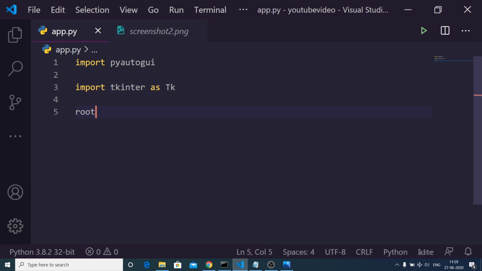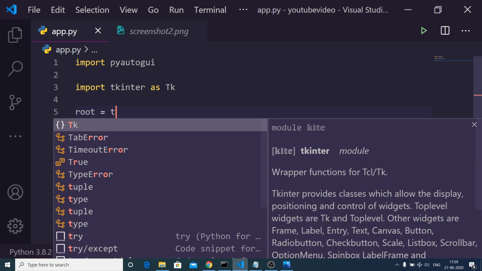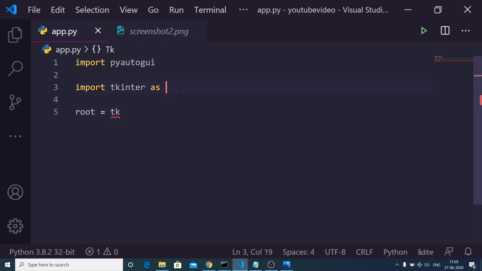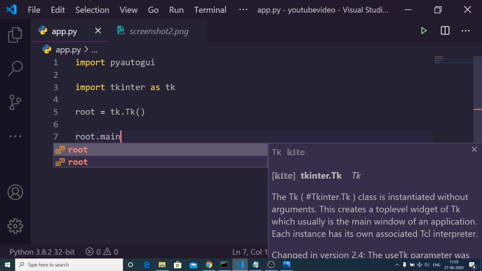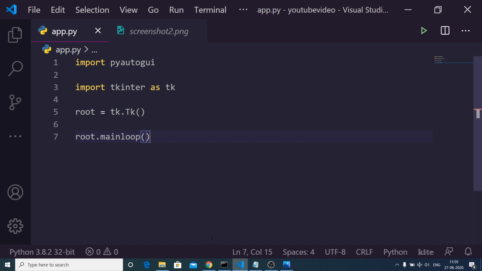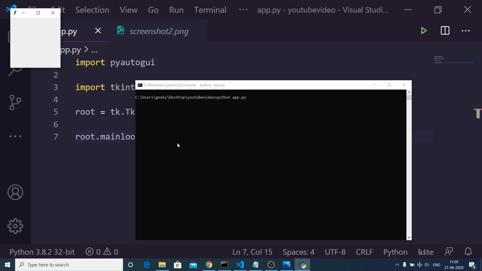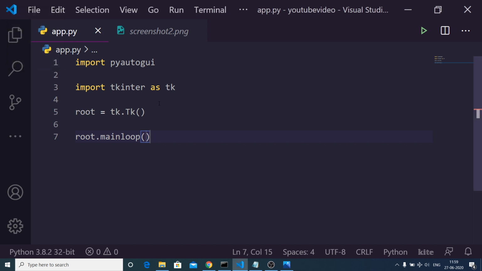And then we will initialize our Tkinter app like this, with tk.Tk(). After setting this, we can run the mainloop function inside Tkinter. Now if I execute python app.py, you will see a window appearing on the screen. This is a window of Tkinter.